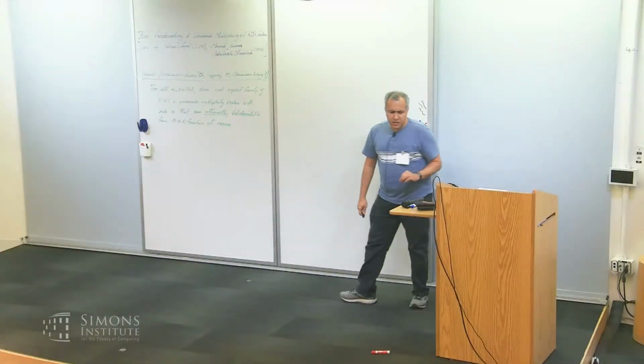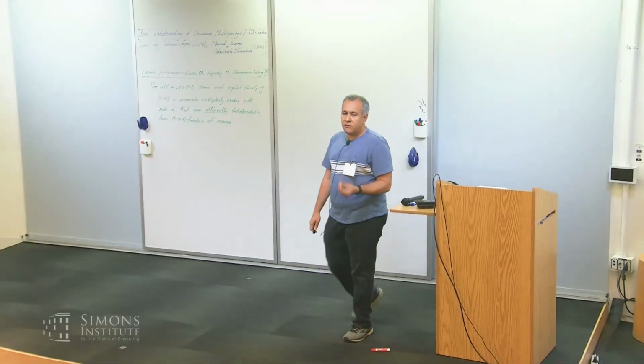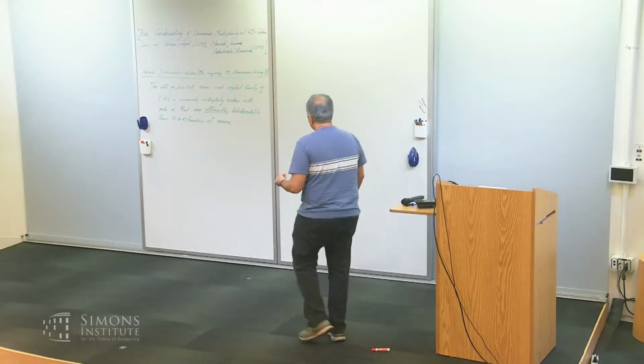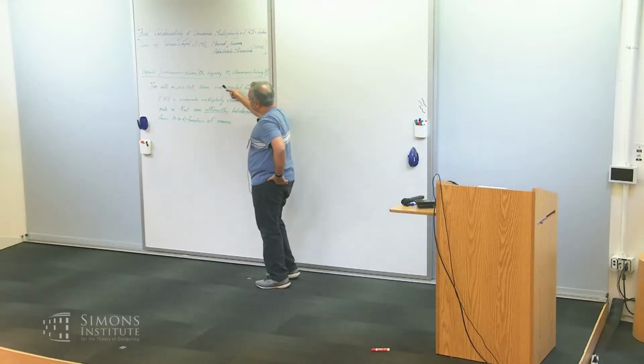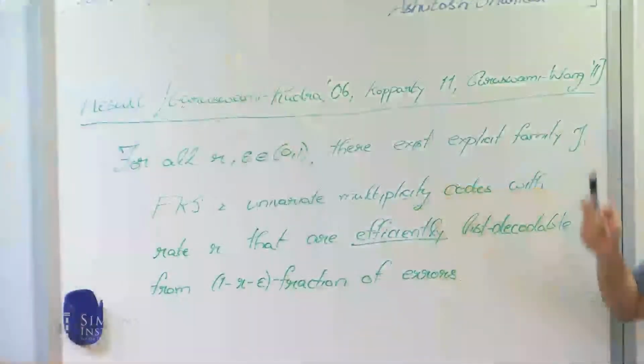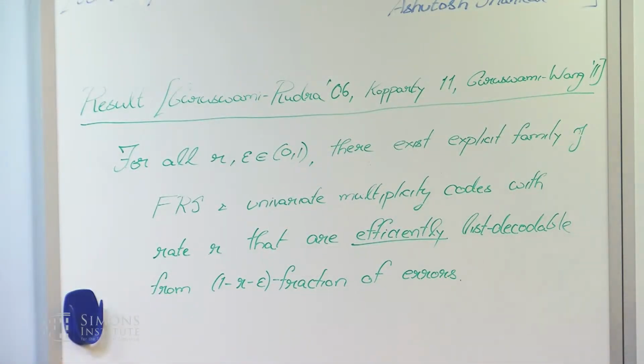But actually, as stated here, it's unclear whether one can even expect nearly linear time, because the original algorithms of Guruswami-Rudra and Kopparty-Guruswami-Wang only promised polynomial size lists. They did list decoding, and I'll state all of these problems formally, but I just want to state the result first. They only promise polynomial size lists. Now, the list size is super linear, so there's no chance of having a nearly linear time algorithm. So one could ask, does this question even make sense? But thankfully,